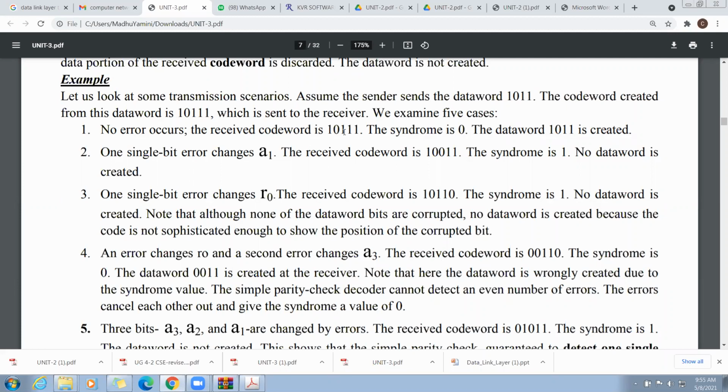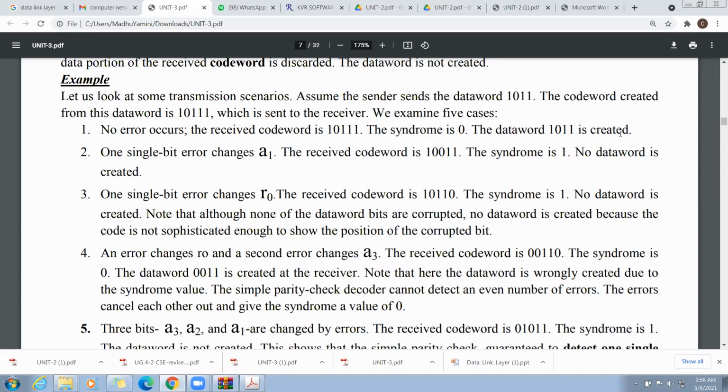It is even, so the syndrome is 0. In the code word 10111 there are 4 ones, so it is even and the syndrome becomes 0.